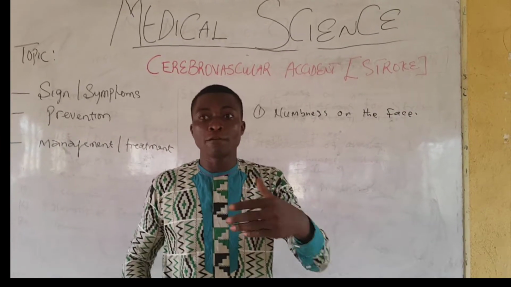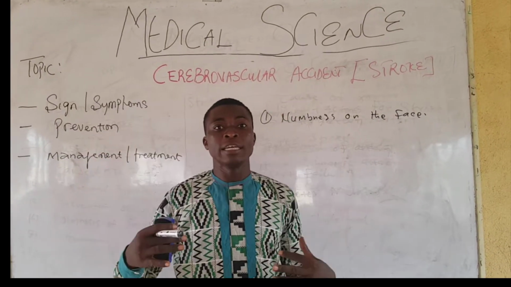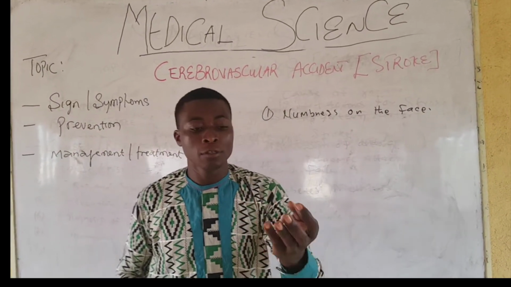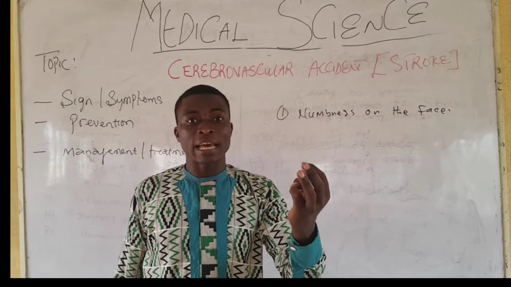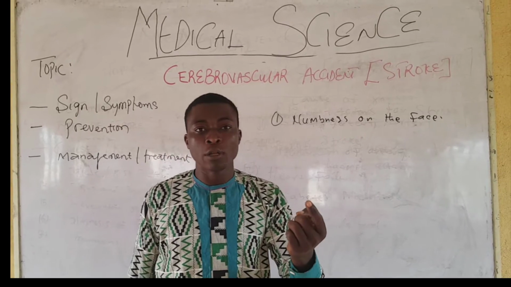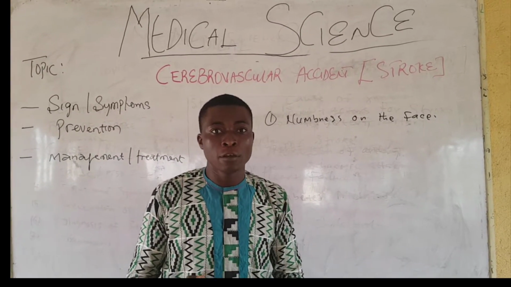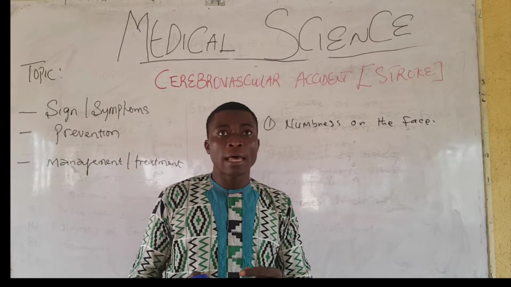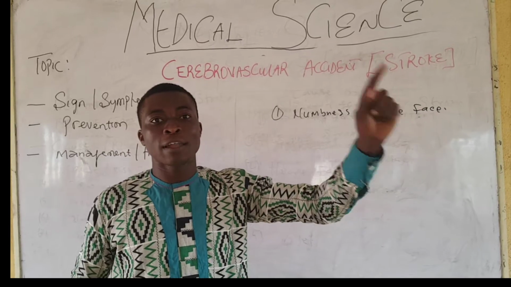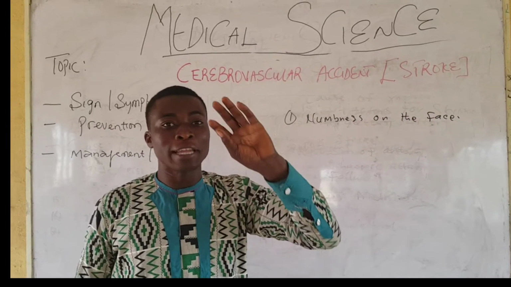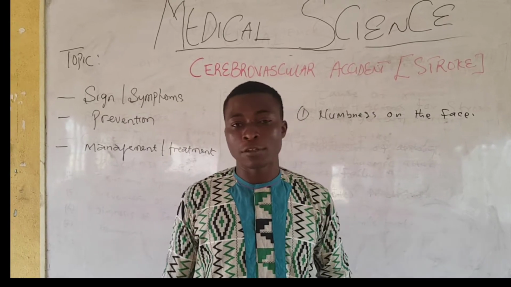And these nerves, we have the facial nerve, because we have 12 cranial nerves that are scattered all over the head. These 12 cranial nerves are the olfactory nerve, optic nerve, oculomotor nerve, trochlear nerve, trigeminal nerve, abducent nerve, facial nerve, vestibulocochlear nerve, glossopharyngeal nerve, vagus nerve, spinal accessory nerve, and hypoglossal nerve. Now these nerves are connected to the brainstem, which is part of the central nervous system.